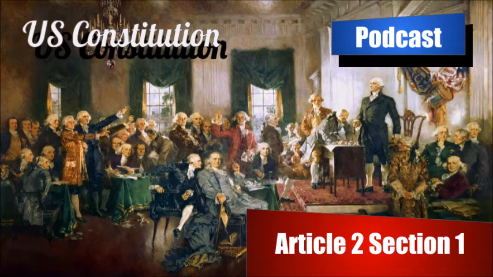The final provision for a president is that they have been 14 years a resident within the United States. The Constitution was being written in 1787. 14 years prior to that would be 1773. So it seems like they wanted the first president to be living in the United States at the time of the Revolution. The next part of the Constitution has also been modified by actually 2 amendments.